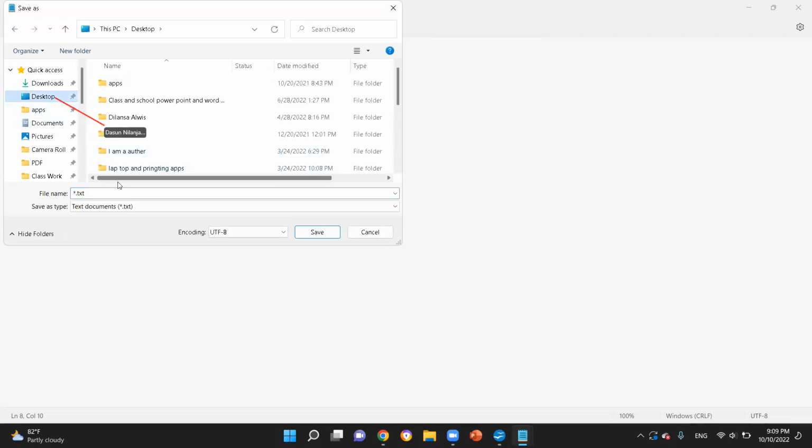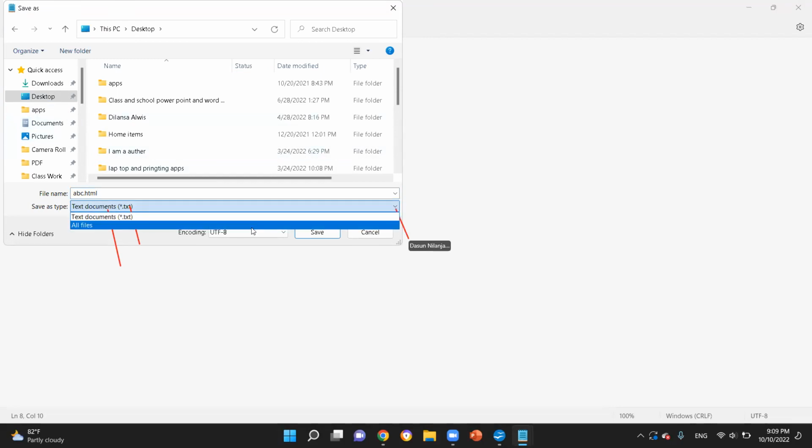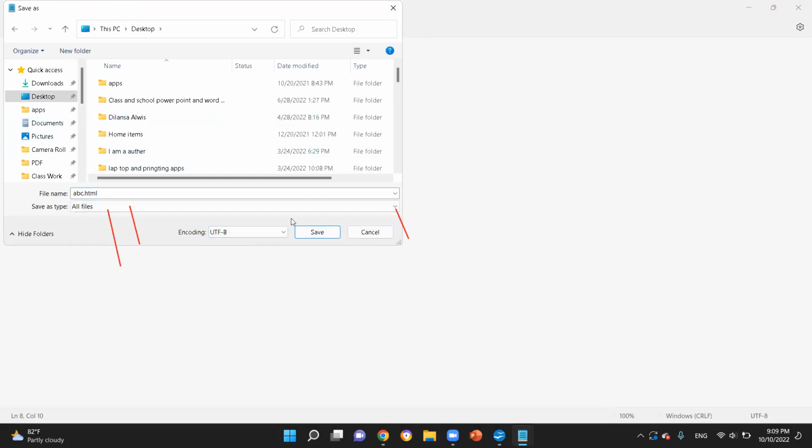Type here, you can type abc.html. abc.html, and from here you can select all files, HTML, then here from this all files, save as type. Here save as type needs to be all files. From this drop down you can select all files. Okay, save it.